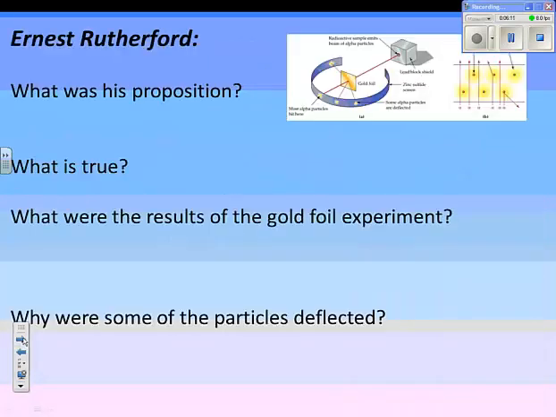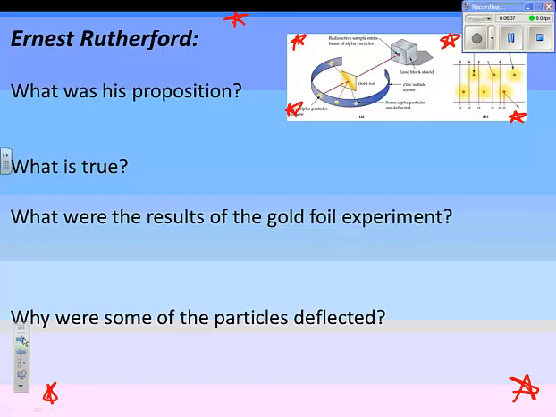Okay, so this next guy, this is one of the most important things on this video. You've got to know Ernest Rutherford. And then you've got to know this gold foil experiment. You should memorize this slide, take a picture of it if you need to, but I'll be quizzing you guys about this a lot verbally throughout class until everybody can tell it to me.